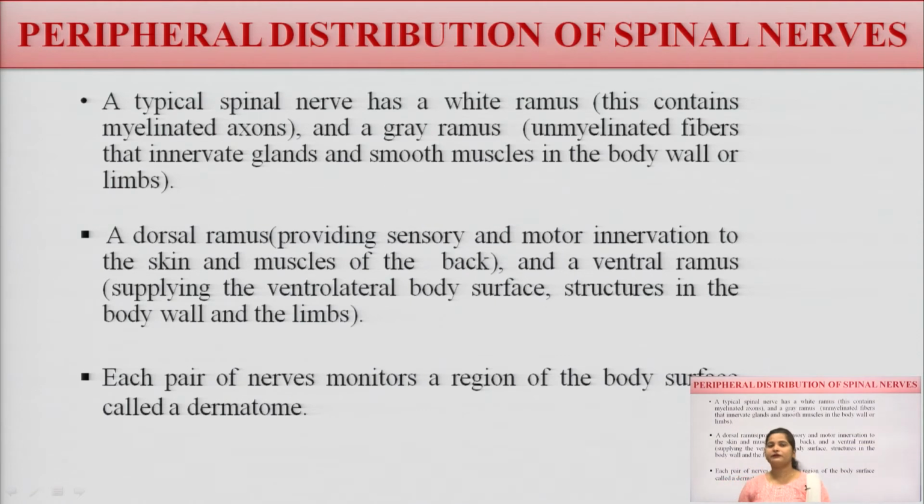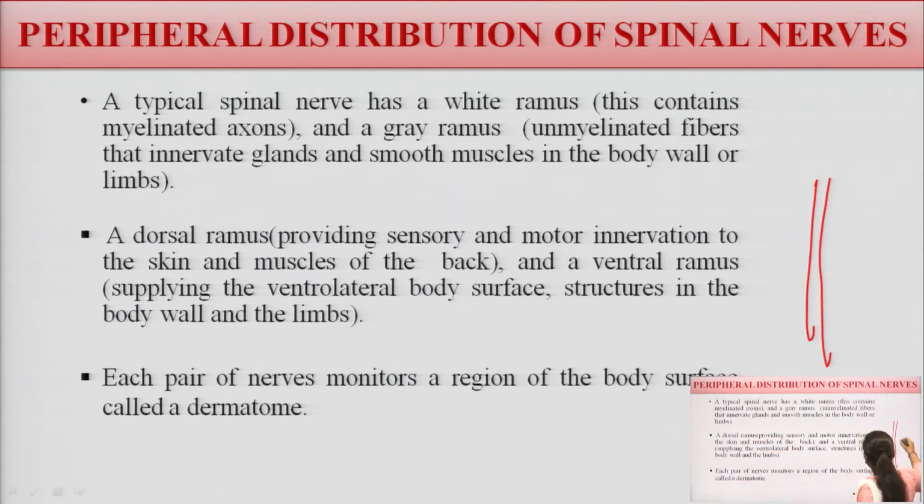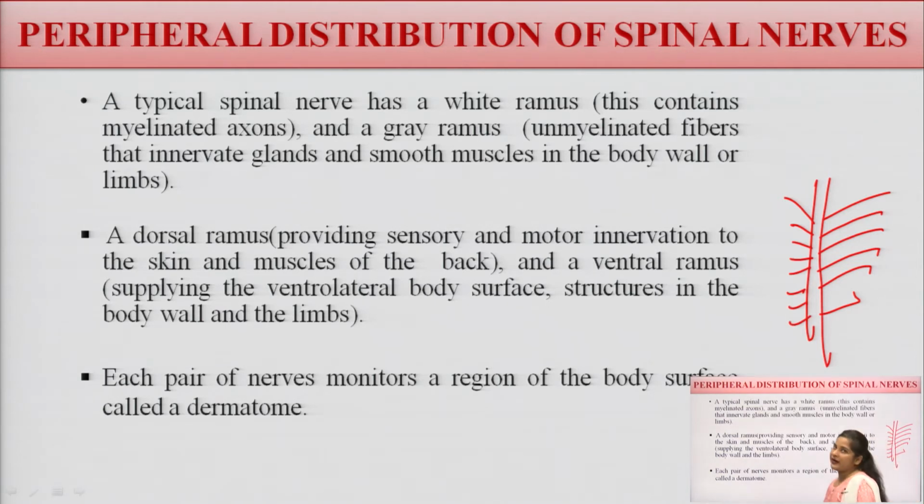Now if you talk about the peripheral distribution of the spinal nerve, peripheral means, I already told you, side by side. Next to the spinal cord there is a nerve, that is the spinal nerve, and these are always on the peripheral side. Okay. So